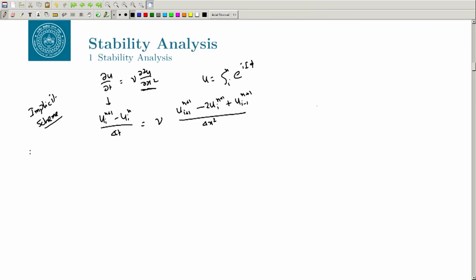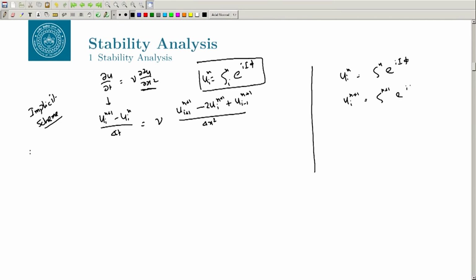So, now let us start using this form. The Fourier ansatz is there. So, this is my u_i^n. So, u_i^n is equal to zeta to the power n e to the power I phi, and then u_i^(n+1) will become zeta to the power n plus 1 e to the power I phi, and u_(i+1)^(n+1) will become zeta to the power n plus 1 e to the power (i plus 1) I phi, and u_(i-1)^(n+1) will become zeta to the power n plus 1 e to the power (i minus 1) I phi, right,